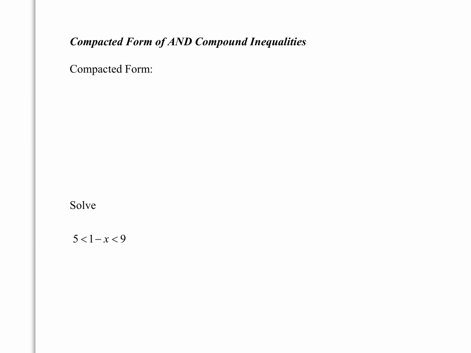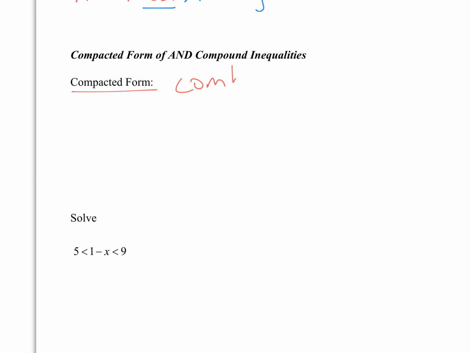If we continue looking at inequalities, but what's called compacted form. Compacted form is when you combine and inequalities into one